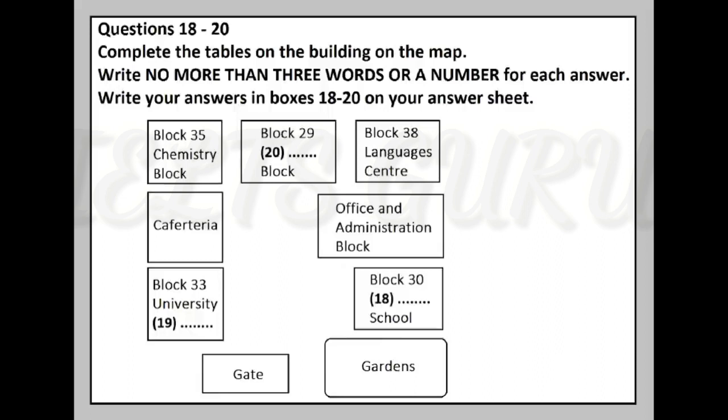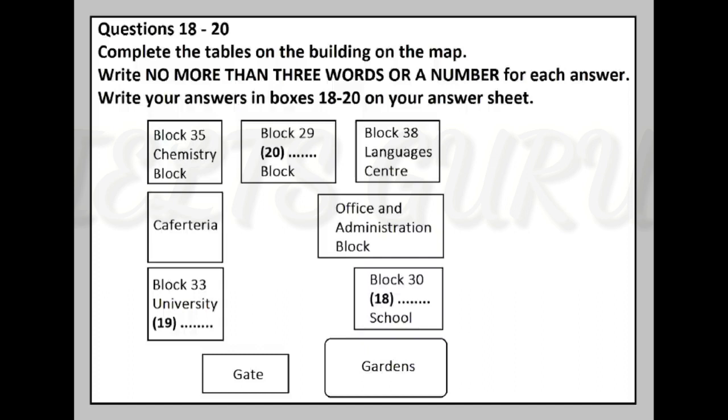Now, if I could draw your attention to the back page of your joining instructions booklet, you will see a small map of this campus, Dingle Wood. The block we are in now, the Office and Administration block, is located between the Languages Centre, Block 38, and the Physics School, Block 30. That's 3-0. These are both on the right of the plan.